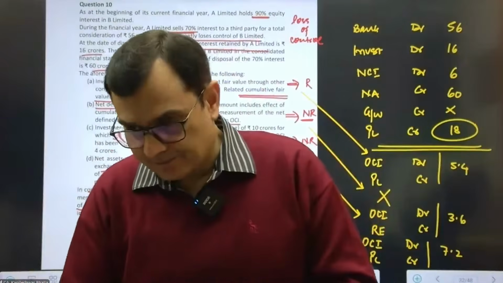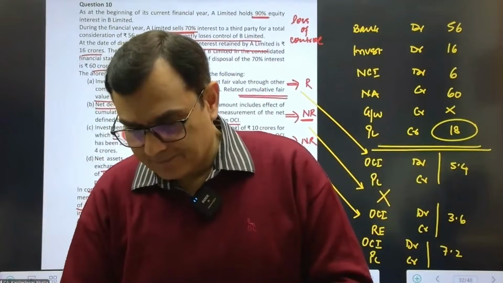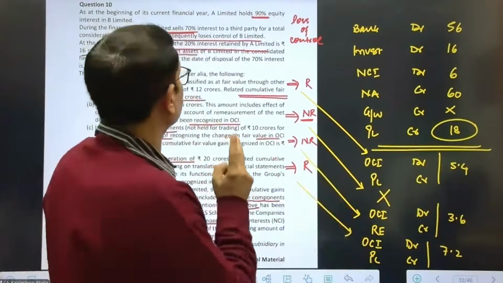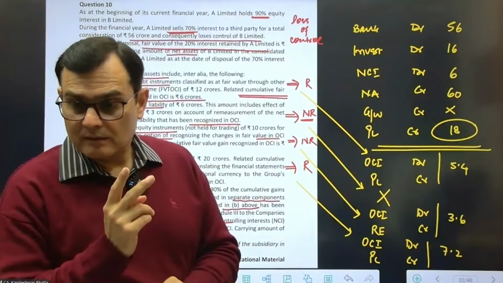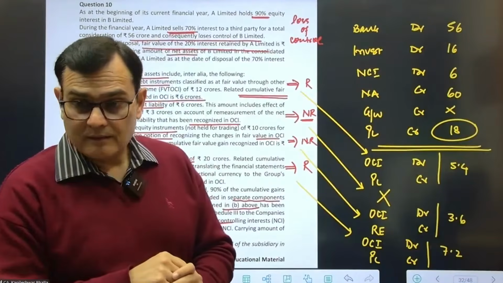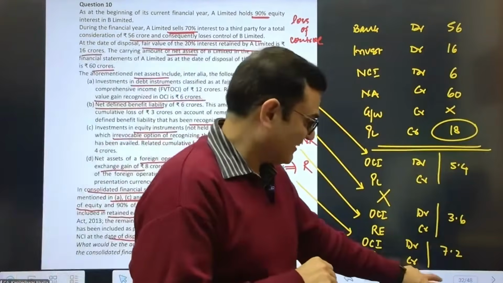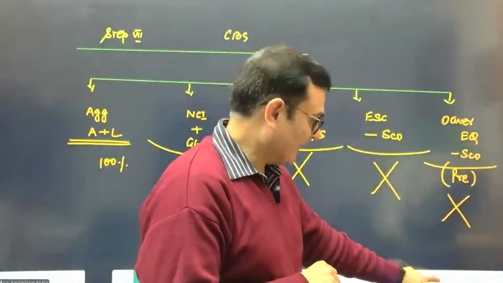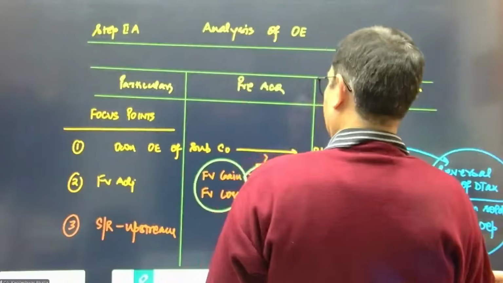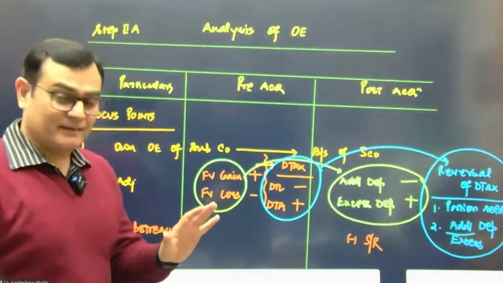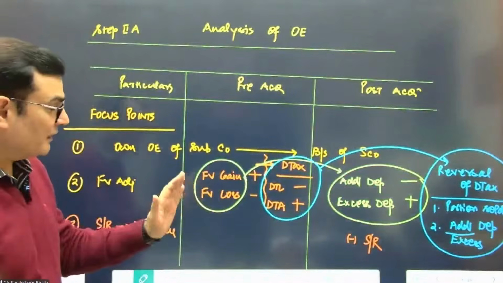Mind map 2, can we discuss once more? Mind map number 2 is the 7 steps. Yes, in that the third step was a little bit confusing. I was just revising. The third step, you mean analysis of equity? Yeah, analysis of equity. Okay. I just added the deferred tax points. So let me just give you the critical points.